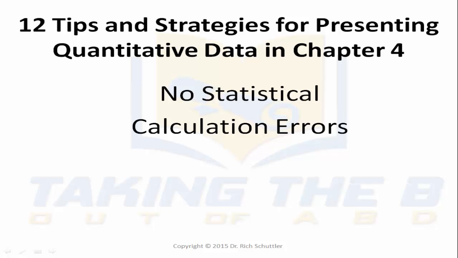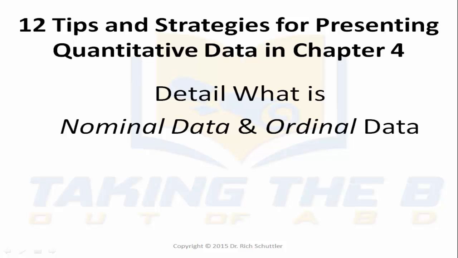And if you don't think somebody's going to run the data like you did and at least make the statistical calculations in the formulas, I think you're mistaken, because people will do that. Detail what is nominal and what is ordinal data. As you present information in Chapter 4, as you give information about your demographics and then about your survey outcomes, make sure when you're writing about that that you literally detail what kind of data it is that you're managing at that point. There is different type of data that's provided in a Chapter 4 for a quantitative study, and you want to make sure that you include what kind of data it is.